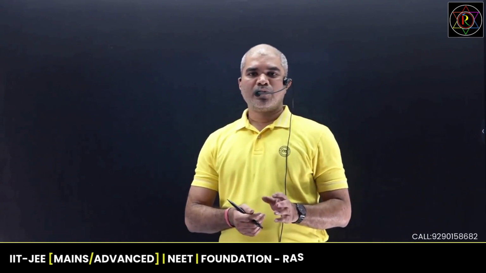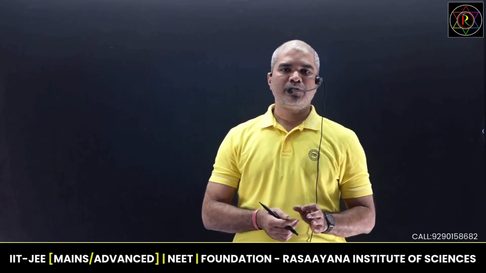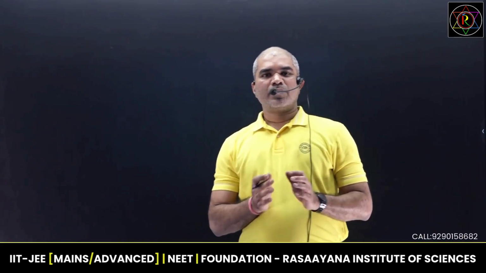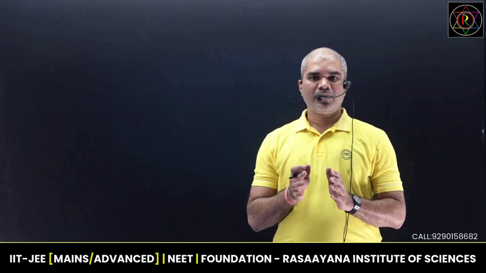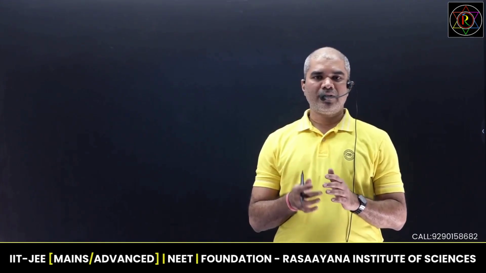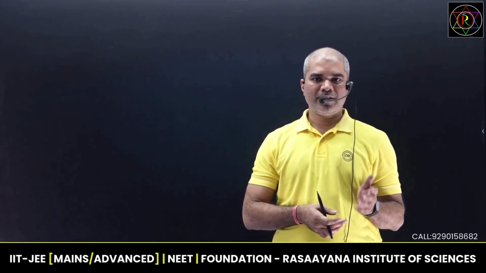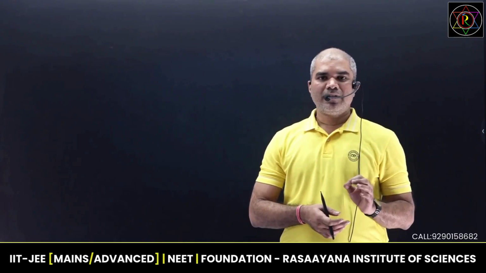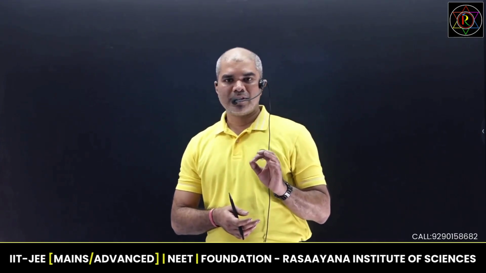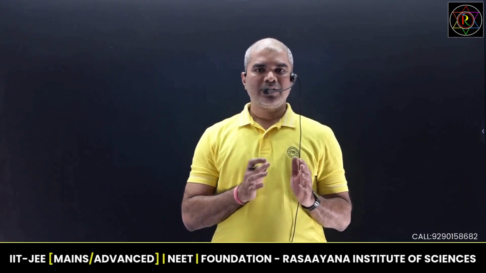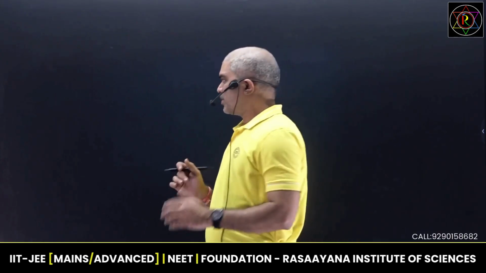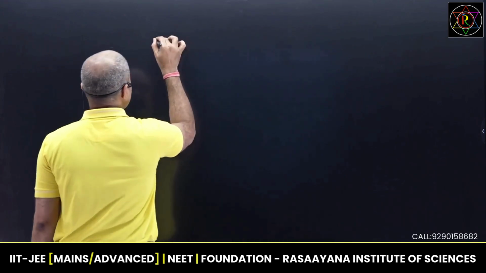In the continuation of our last video regarding the VSEPR question which was asked in 2024 Advanced, the question was related to different xenon compounds. We have to match with the corresponding geometries and lone pairs. In the last class we have seen what are the different types of geometries and the lone pairs. For a given electronic geometry, what are the various derived geometries, or we also call them molecular geometries or shapes of the molecules. So just let us revise